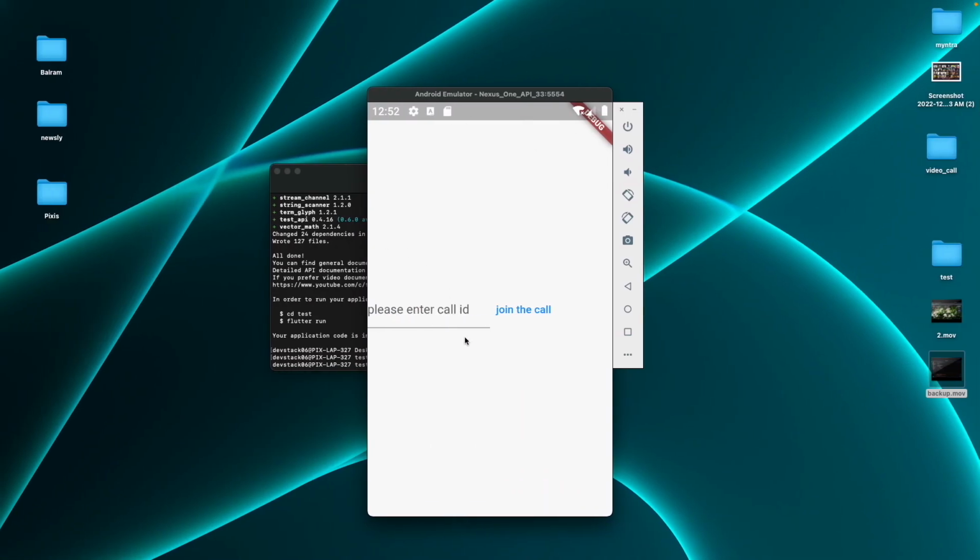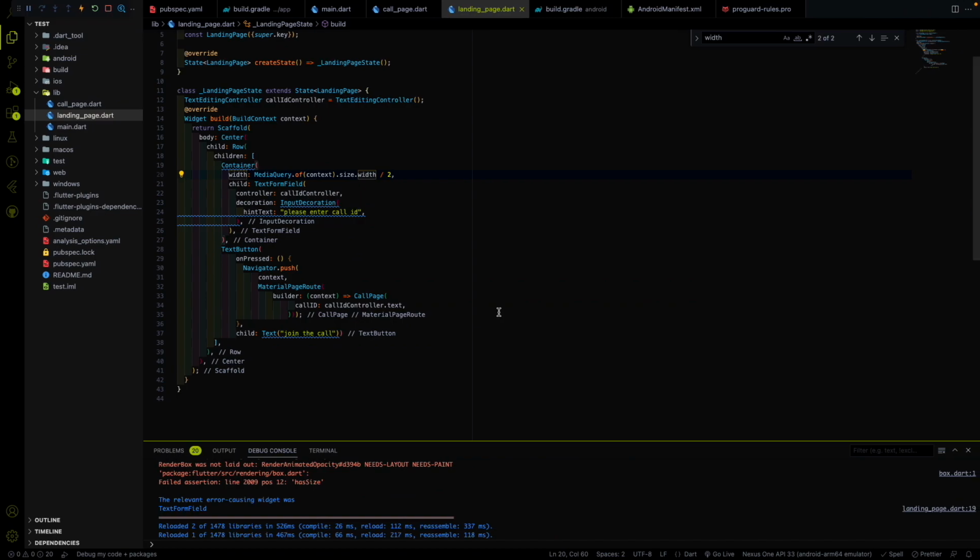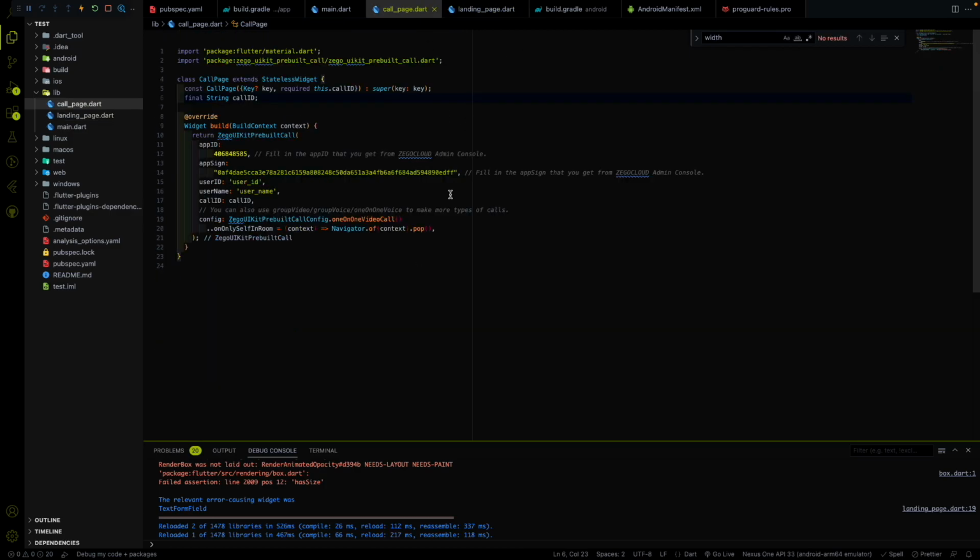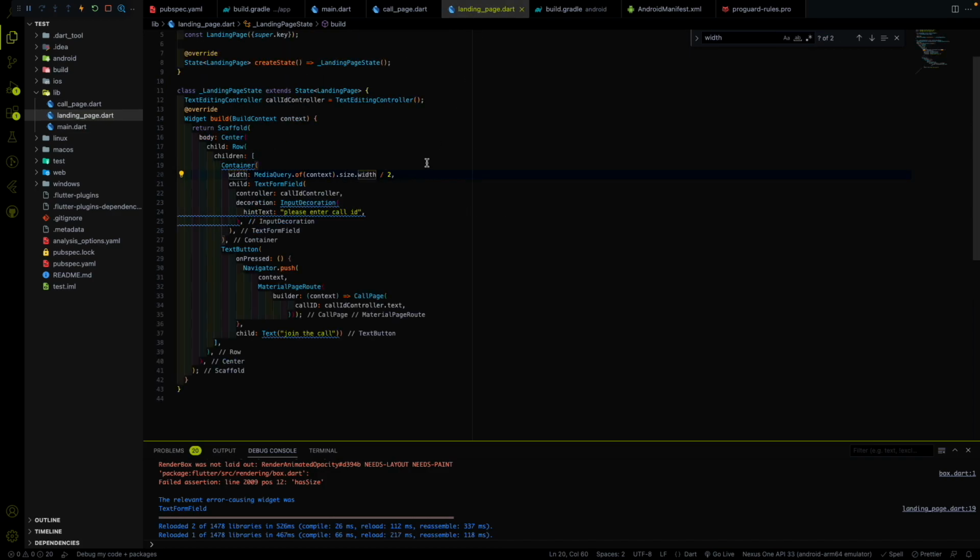Let's not think about the UI. Okay, we need to work on the functionality first, and we are passing this call ID over here on a call page. Okay, and yeah, everything is done, but we need to fix this user ID. This user ID should be unique. So what we can do, that